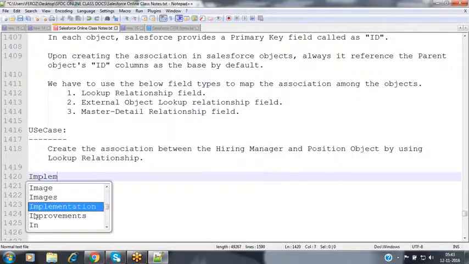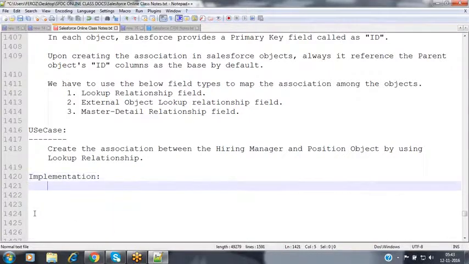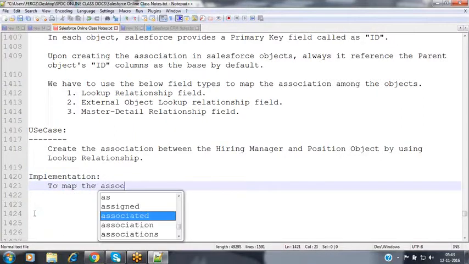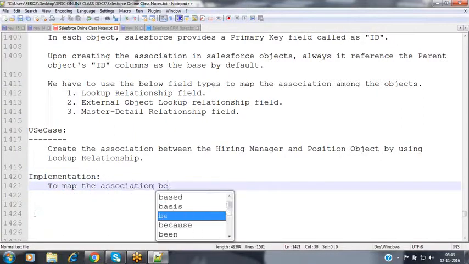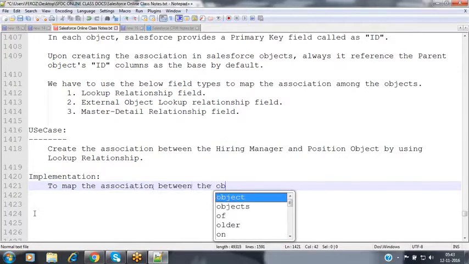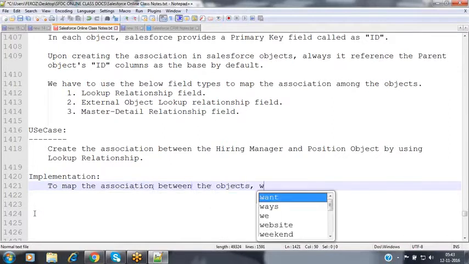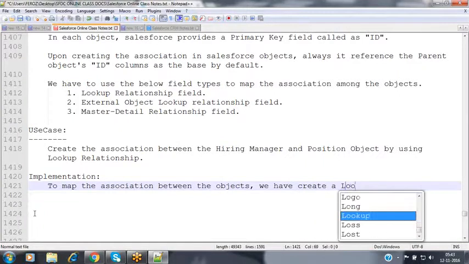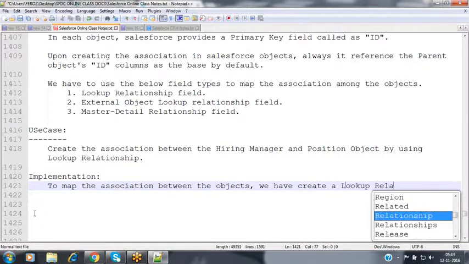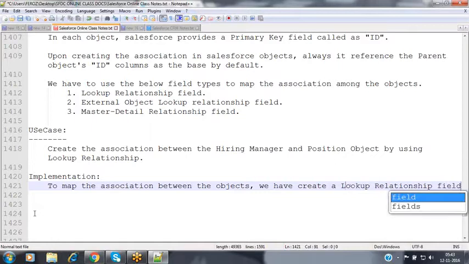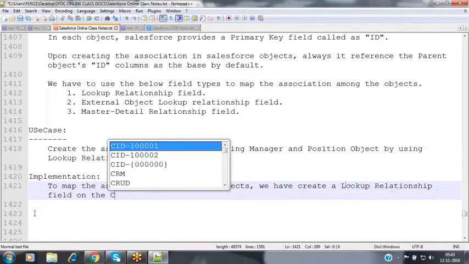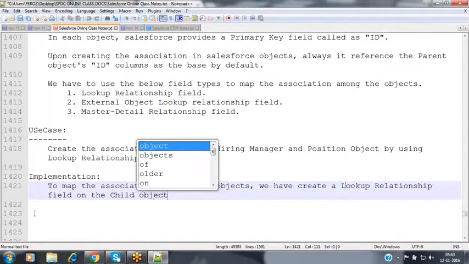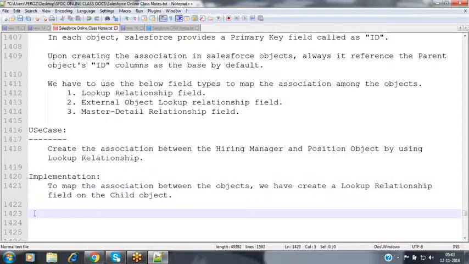Now the implementation. So now, to map the association between the objects, we have to create a lookup relationship field on the child object.